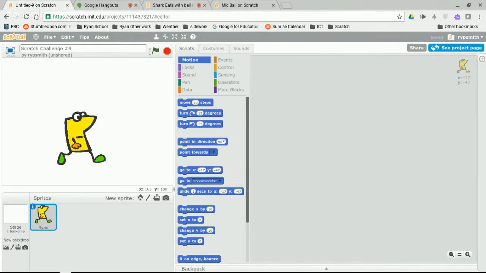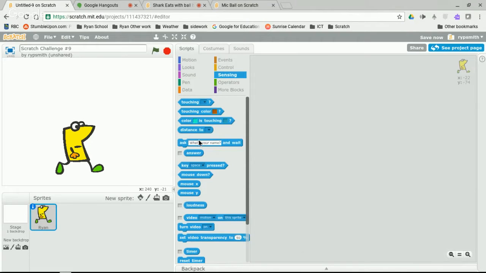In today's Scratch Challenge we're going to look at loudness, and we're also going to use a couple of different operators to use the information of loudness. To get started, I have my sprite here on the screen. I'm going to start by just talking about loudness. If you go into sensing, there is a